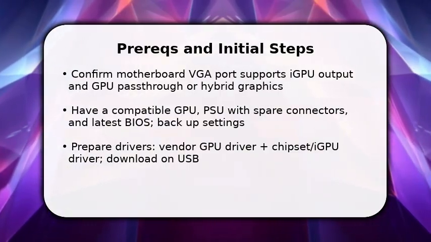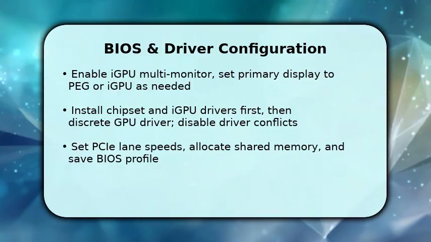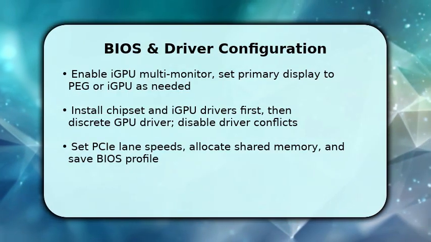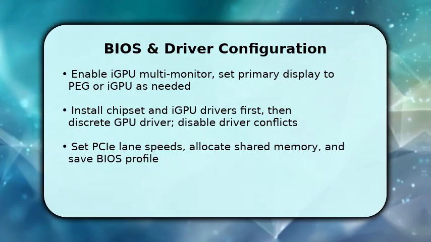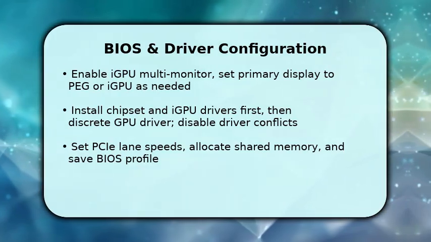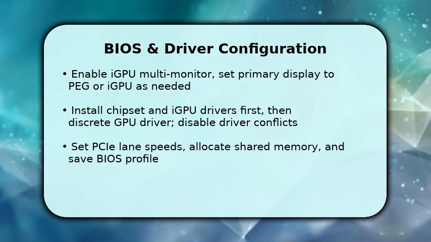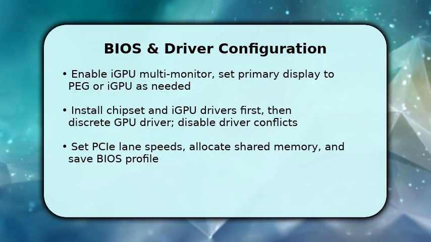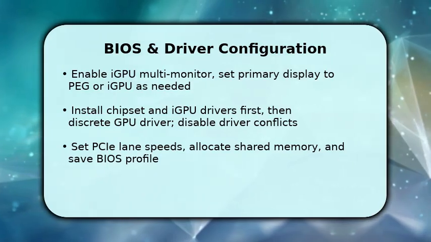You now enter BIOS to enable integrated graphics and multi-monitor support. Set primary display depending on whether you want the VGA port to remain active or let the discrete GPU handle rendering. Once done, boot into the OS and install chipset and onboard GPU drivers first, then the discrete GPU vendor